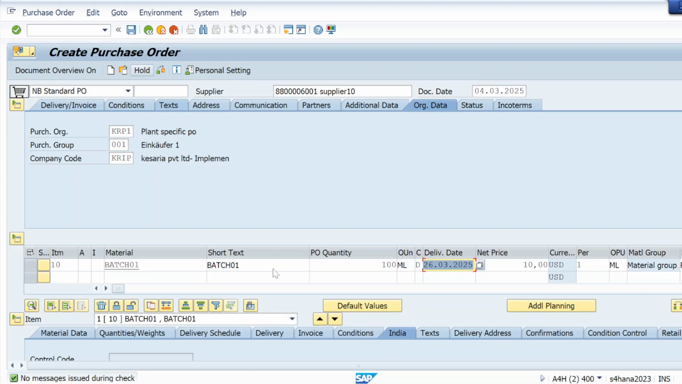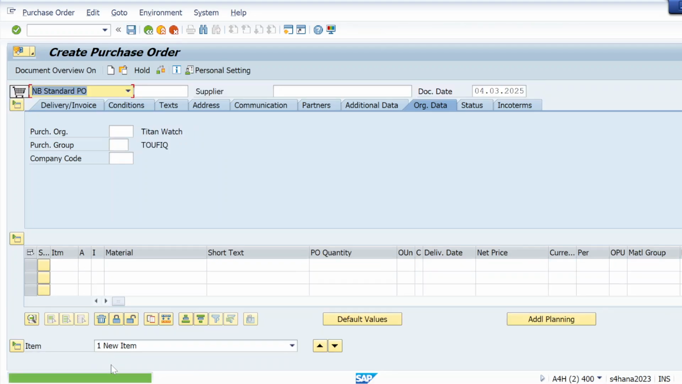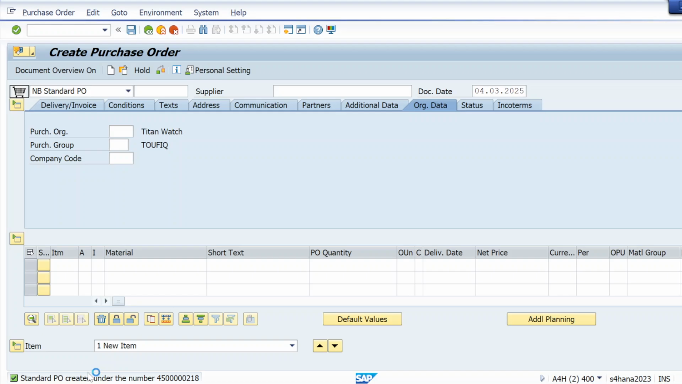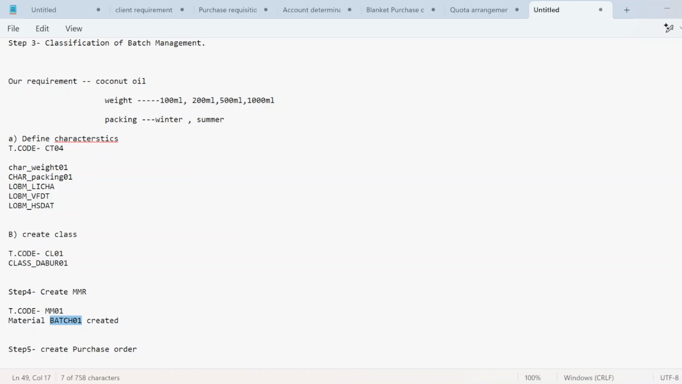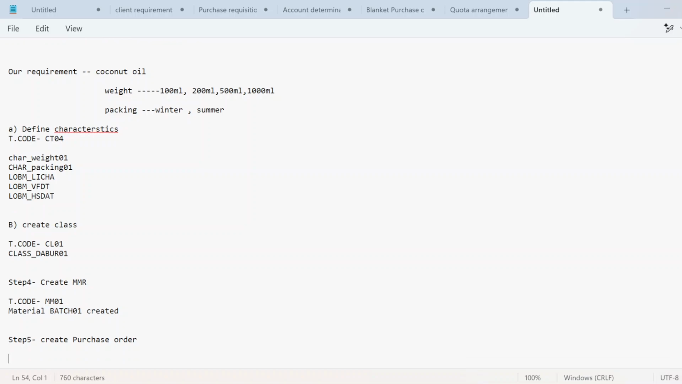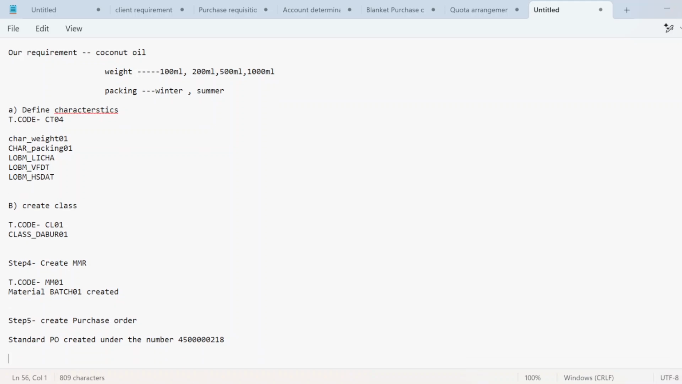And save it. If we just want to maintain text, that also we can do, but right now I'm not maintaining. Save it. So PO is created. This is my PO number. Let me copy this and let me paste in Notepad for my future reference. Right? Let me take this PO number here, copy,